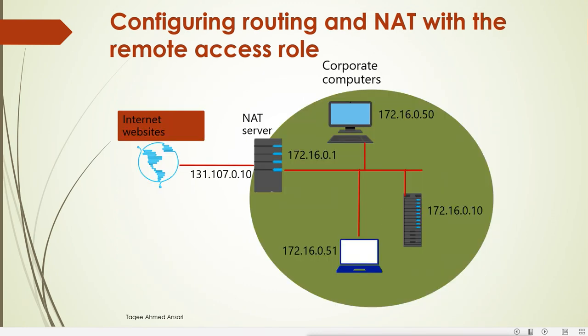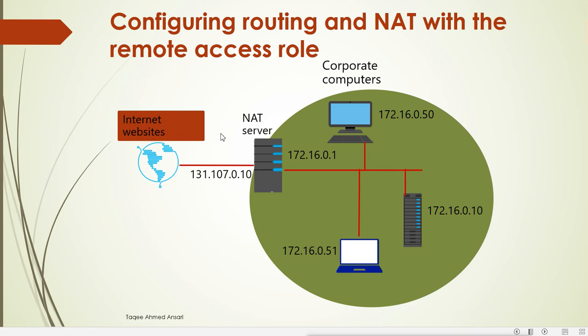Then also we can do this for the NATting. Now, what is NAT? NAT is network address translation, where our LAN network has private IP addresses. Remember, private IP addresses cannot go to the WAN or internet. If your machine tries to access the internet, it will not be allowed, because these private IP addresses are not allowed on WAN networks. On WAN networks or the internet, only public IP addresses are allowed.